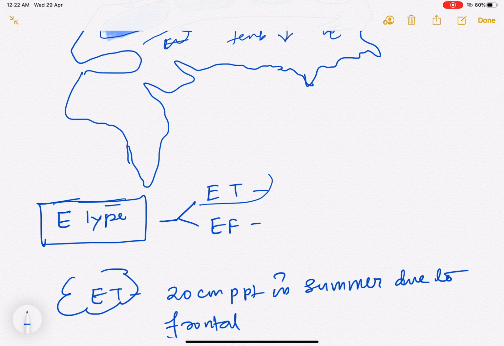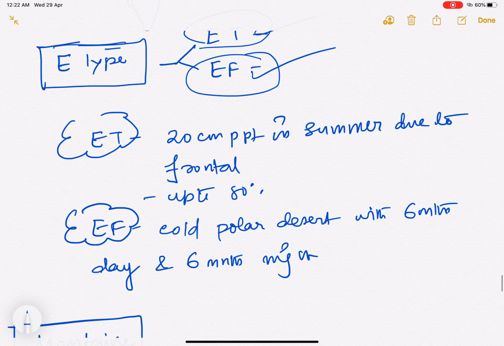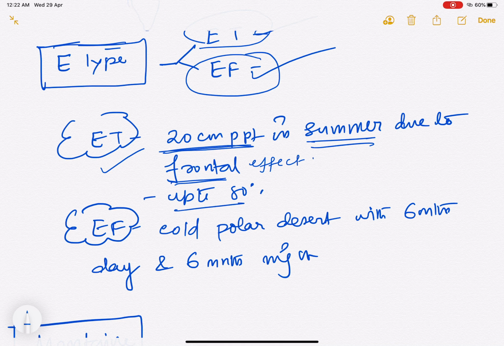Next, we have the E types of the climate, ET and EF. ET means tundra, EF means frost. The tundra type of the climate basically receives 20 centimeter precipitation in the summer due to the frontal effect. I hope you have seen the video on the temperate cyclone. Over there I have explained how the tundra type of the climate gets its effect. Next, this type of the climate is confined up to 80 degrees, and Franz Josef Island